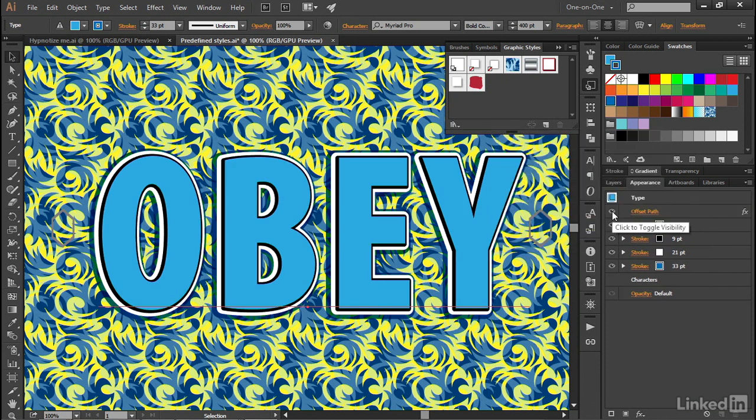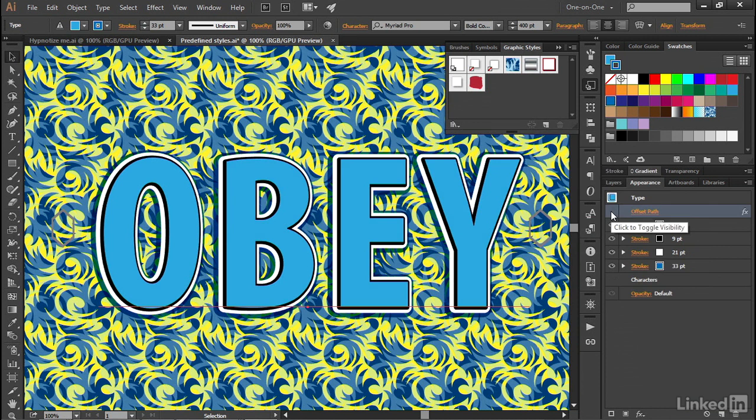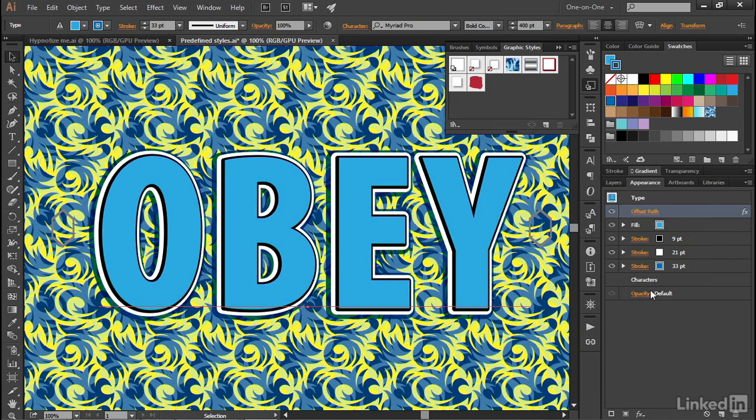So here's the difference it makes. This is without Offset Path, and this is with. So we're essentially taking this bold type and making it even bolder. All right, now I'll click on the word type again, just to make sure the entire object is active, and